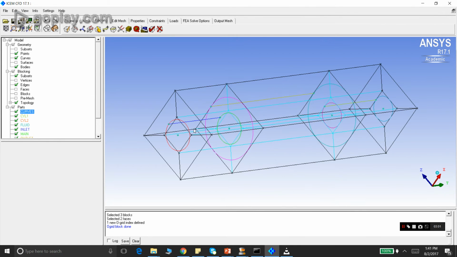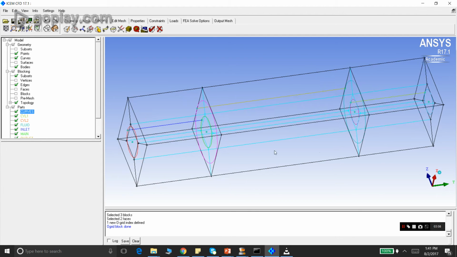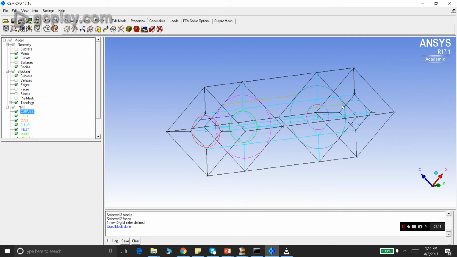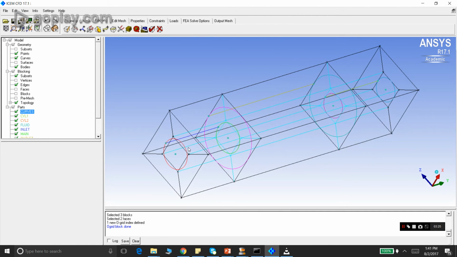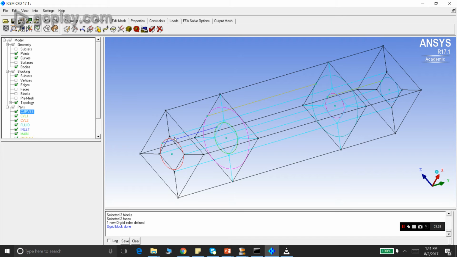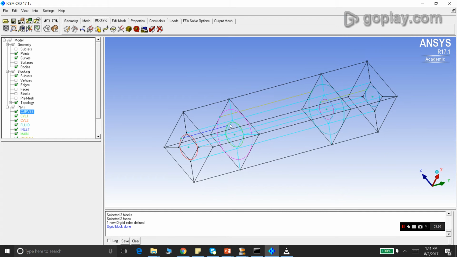We want the O-grid to snap to this larger cylinder here, but it should not snap to the smaller cylinder here, because that would distort the elements a lot. So it's better we would not use this O-grid to capture the geometry of the smaller cylinder. We will use this O-grid to capture the geometry of the larger cylinder only. So to do that, we will create one more O-grid,